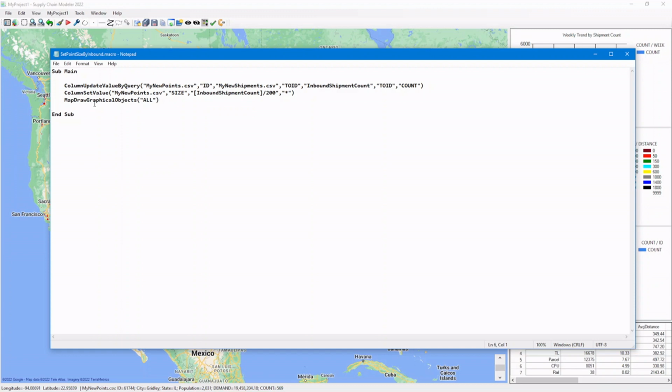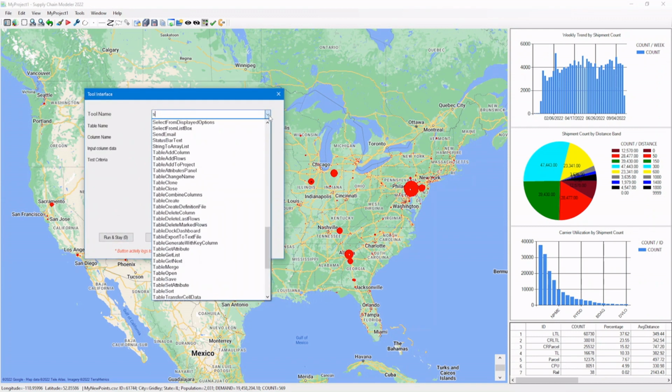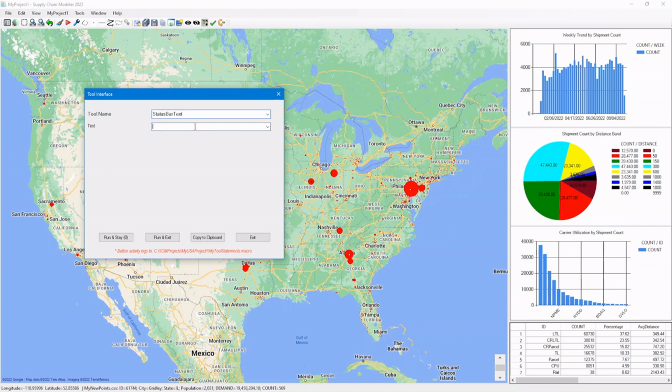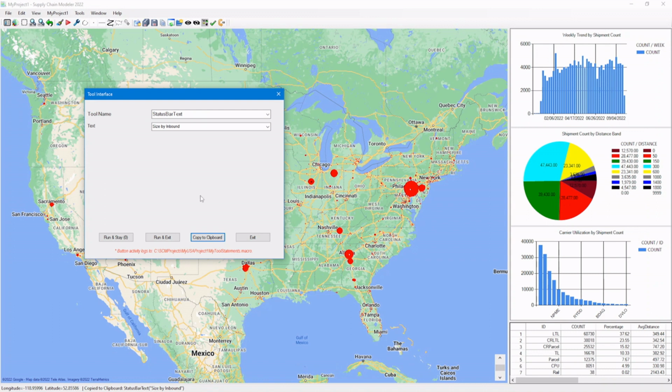It's a good idea to use the tool interface to compose a tool execution statement. Select the tool, status bar text. Size by inbound. Copy to clipboard. Paste here. Save the file. So, from now on, whenever we want to display menu points like this, we just run this